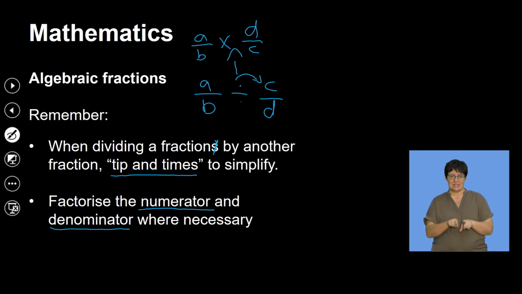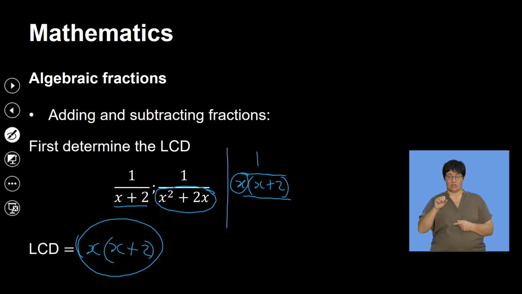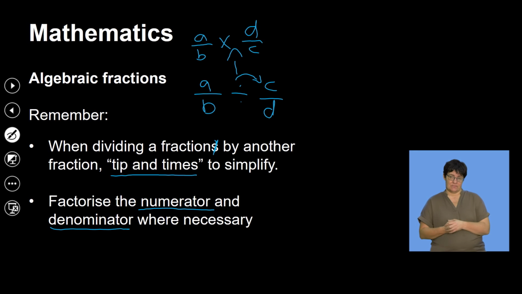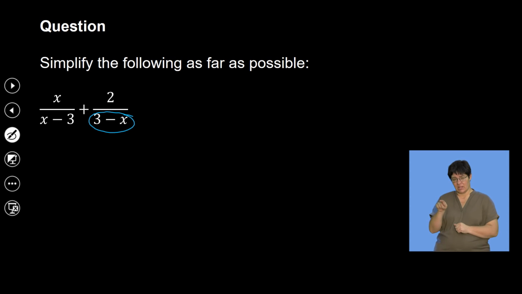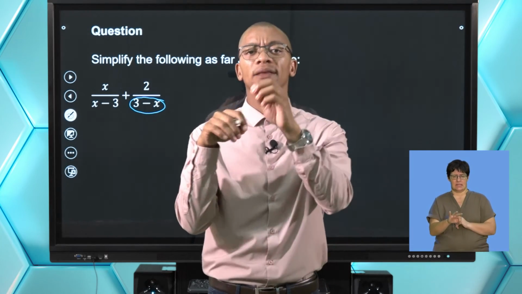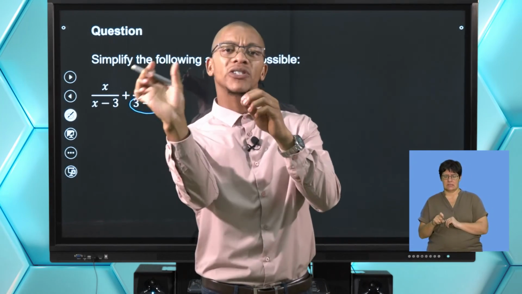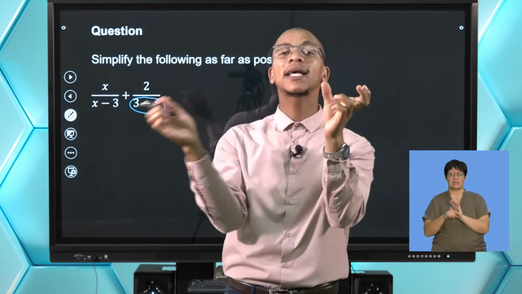Like in the previous example you saw, I had to factorize my denominator there before even simplifying this thing. Now let's look at some questions, just to remember we always need to bring this into perspective. Now we have what we call the sign change here, right? I know one person will immediately say, no, my lowest common denominator there is x minus 3 and 3 minus x. But you can change the 3 minus x to be x minus 3 by taking out a common factor